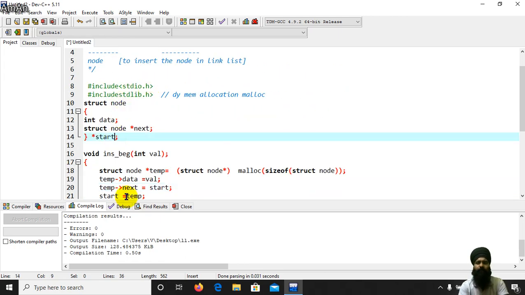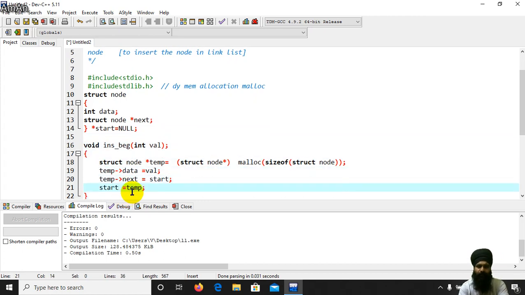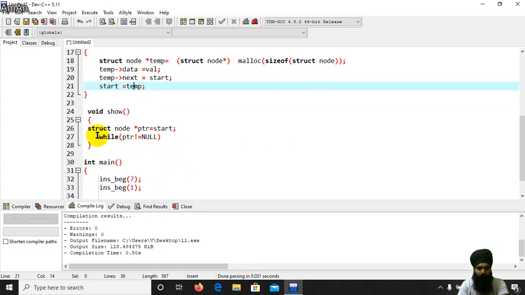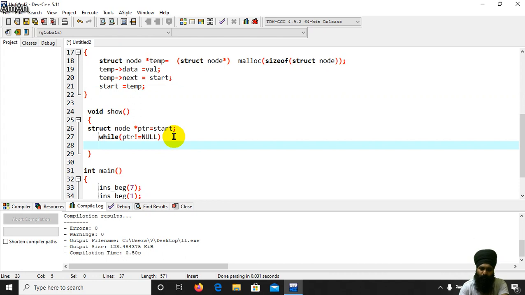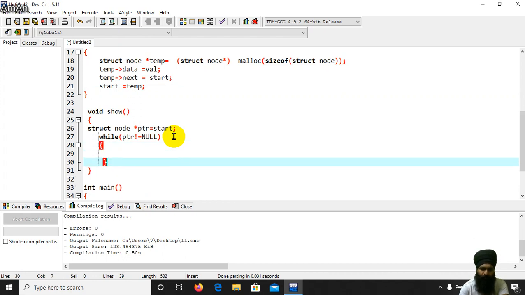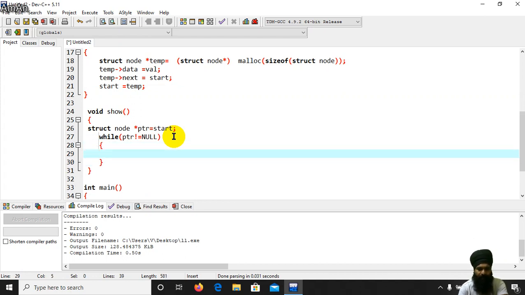The first time this start, if I hadn't assigned anything to the start, that would be a wild pointer, right? So here you are going to put null over here. First time the start is equal to null, then when you are going to insert something, then your first node would be whatever you have inserted, and the last node is going to point to the null. While pointer is not equal to null, what we are going to implement over here is that